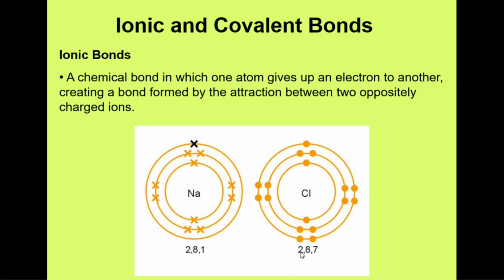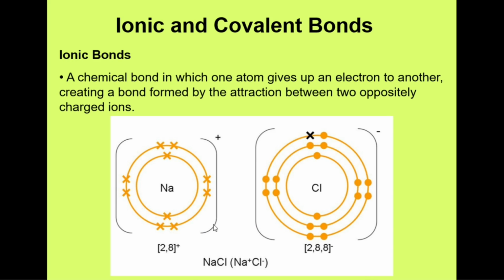So its atomic number is 17. So 17 electrons, 2 in the first shell, 8 in the second shell, and then that leaves 7 in the third shell. Important thing to remember, as we covered in the previous video, is that all atoms want to have a complete valence shell. So when sodium and chlorine come into close proximity, this spare, or this lone electron in the valence shell of sodium will move over to chlorine